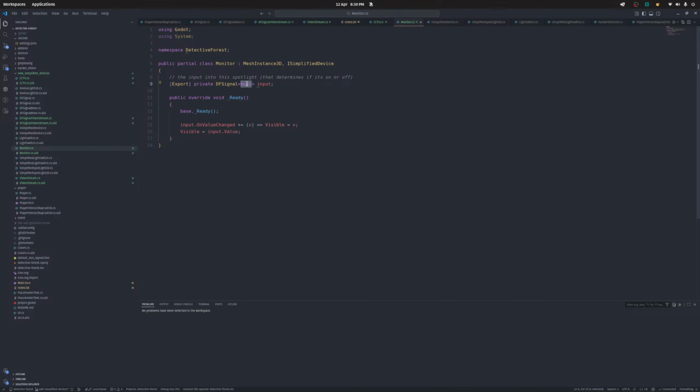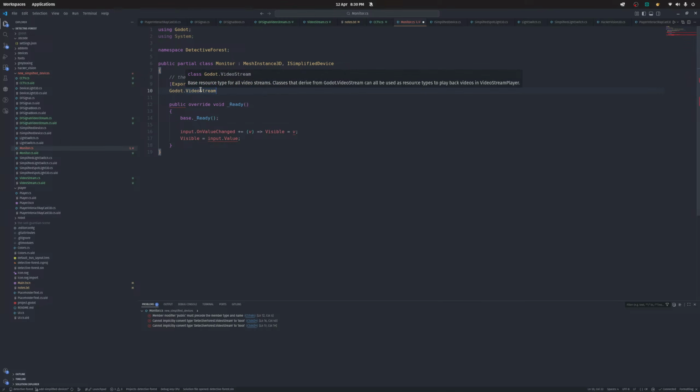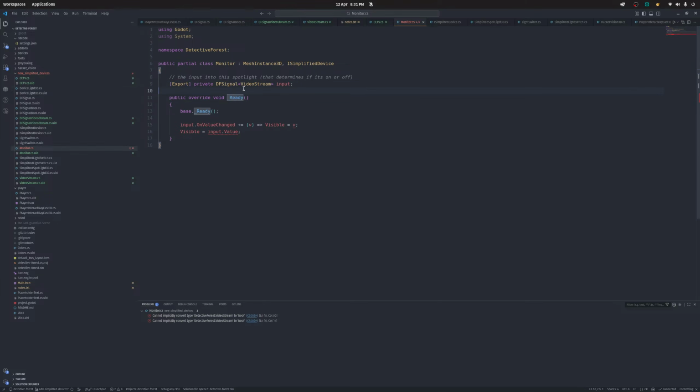And this is going to be a video stream player. A video stream, right? Is video stream a Godot class as well? It is. That's kind of unfortunate, but oh well. That's why we namespace, I suppose. I can rename it. Okay. Actually, no, we're not going to rename it. Okay, so now